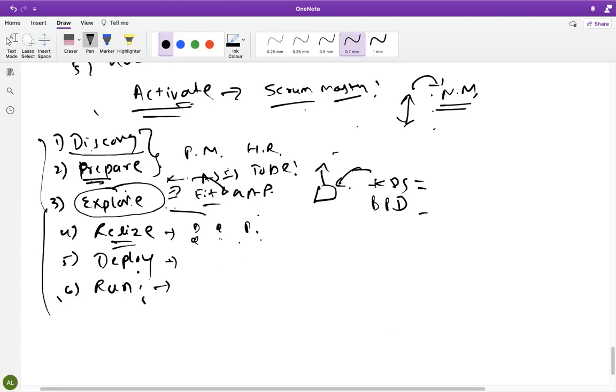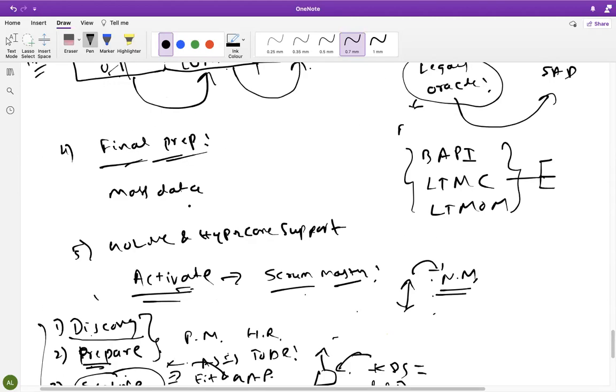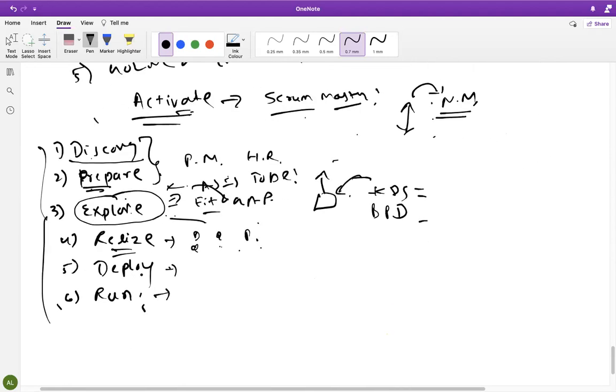In the deploy phase, we will give end user training. In final preparation in the ASAP methodology, we also give end user training, but we need to prepare all the documents manually. Here, all the documents will be available from SAP only. We will just download them and change them according to our business. Once UAT, user acceptance testing, is over, we need to give them training. So these are all the advantages of using the Activate methodology.